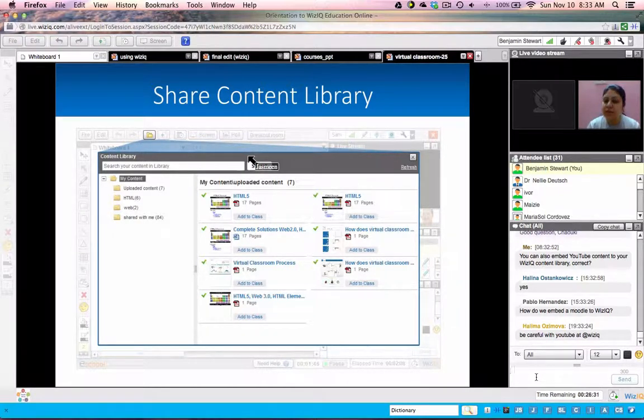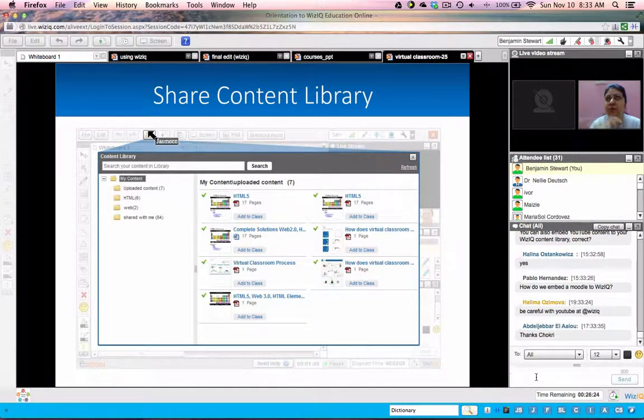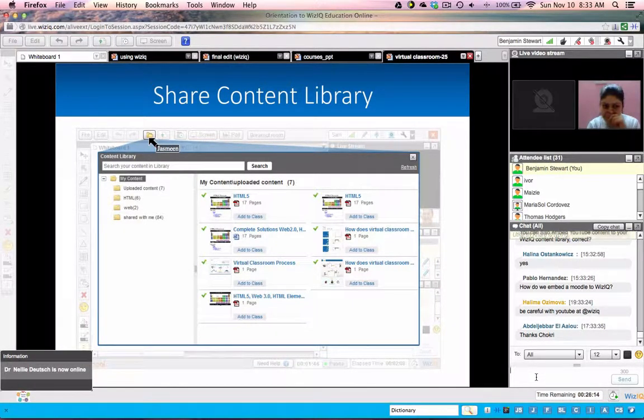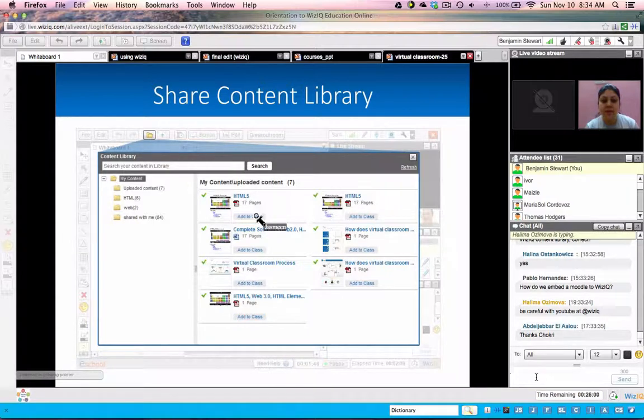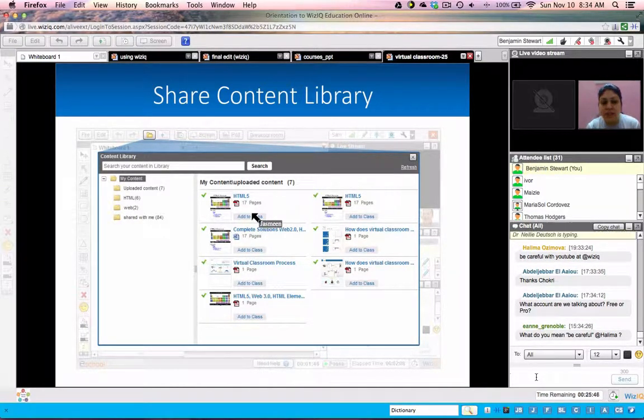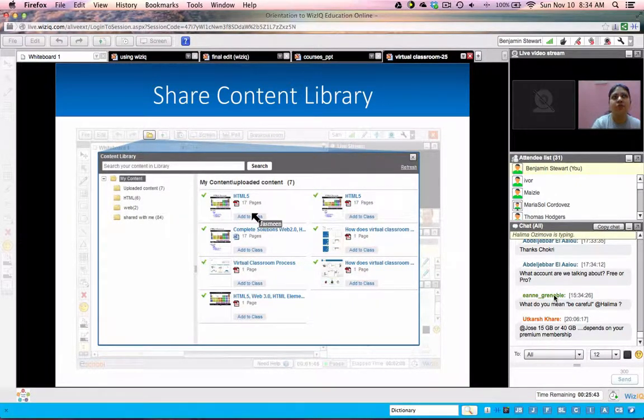Now it's directly linked. So in the classroom, if you click on the yellow folder, in the very top panel, there are a few icons available, and each icon has its own functionality and features. If you click on the yellow folder, it will open up the content library. With the help of the content library, you will be able to share the presentations that are in your content library, which is on WizIQ.com. You just go there and click on Add to Class. Several documents are mentioned here that you may require in the classes. So you just click on Add to Class for the one you need in the classroom right now. It would load, and it would take hardly less than 10 seconds to share it